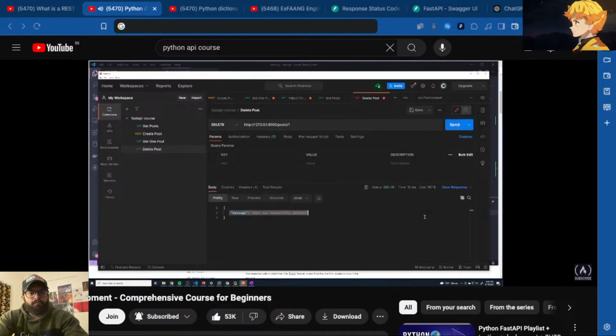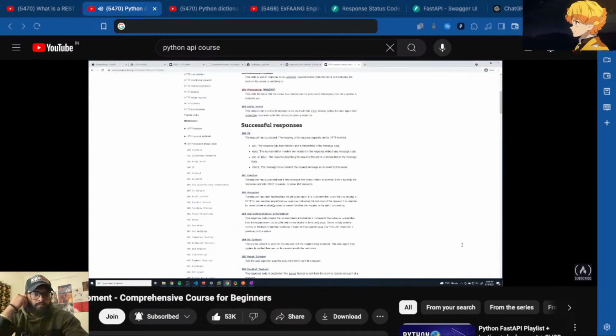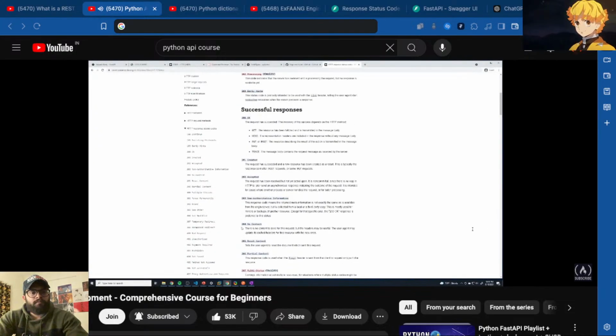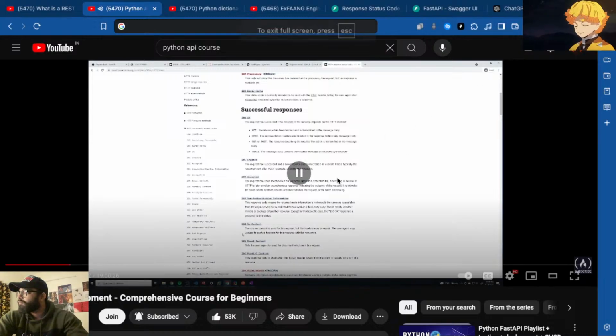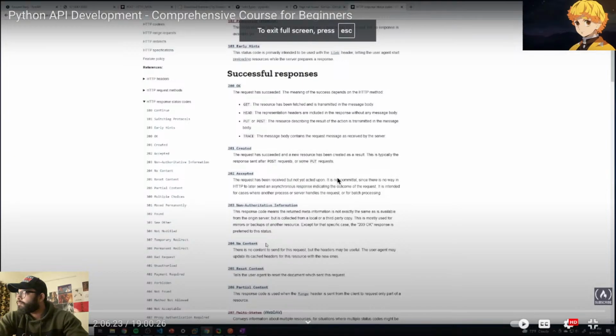And we see that we get the message that says post was successfully deleted. That's good. However, you'll see that the status code is 200. And so if we actually go back to our status codes, you'll see that there's a specific status code that we should be using for when we delete something. And that status